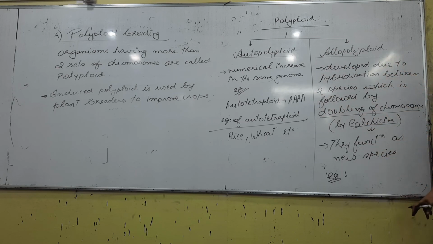Here what do we do? You go for a process called as hybridization. Then after hybridization, you get a product which has the characteristics of both the parents. The chromosomes it has, we double them. So, it will be a mixture of genes together. It is not one gene increased, but a mixture of genes increased. If one gene is increased, it is autopolyploid. A mixture of genes obtained by crossing 2 different plants, right? That is called as allopolyploid.